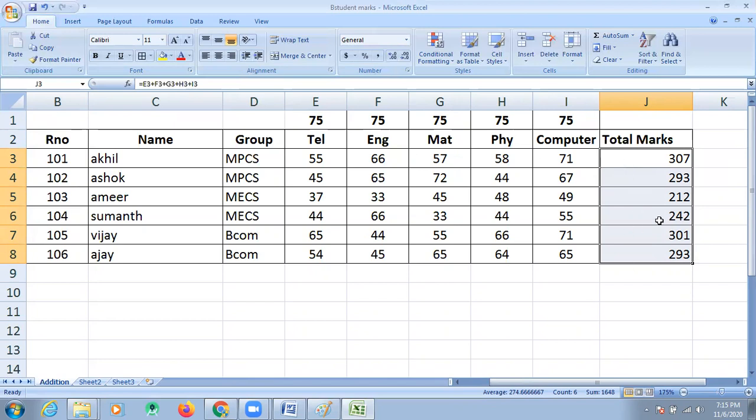Then after, you enter the formula on the cells. It can be written manually on your question paper for each cell. What is done on the worksheet will be written down theoretically. Okay, students. Thank you.